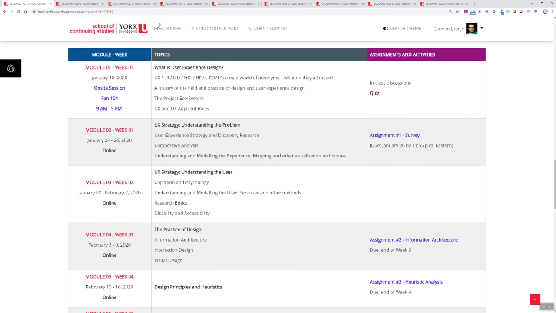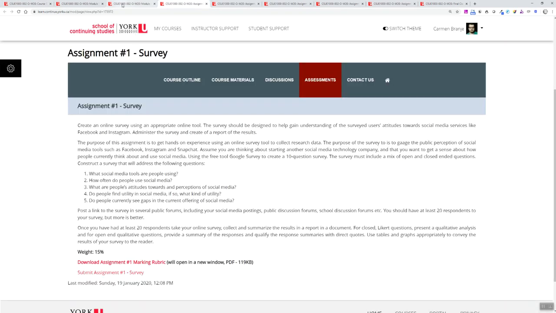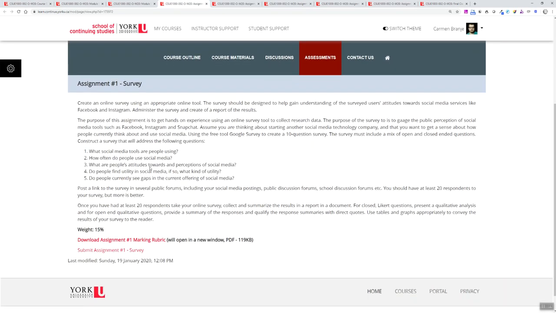Okay, so let's take a look at assignment 1. Assignment 1 is a survey. So essentially, I want you to get some practice creating and using an online survey tool. So there are a lot of free tools out there. For example, Google has a tool called Google Survey. There is SurveyMonkey that has a free version of their tool. If you essentially type in free survey tool into Google, you'll get 10 options that are very easy to use